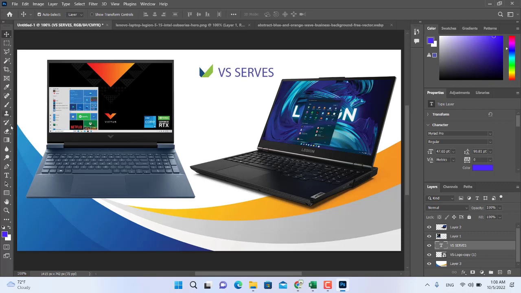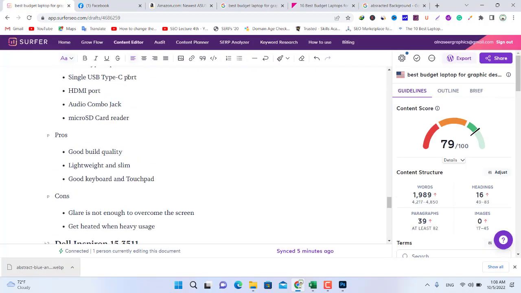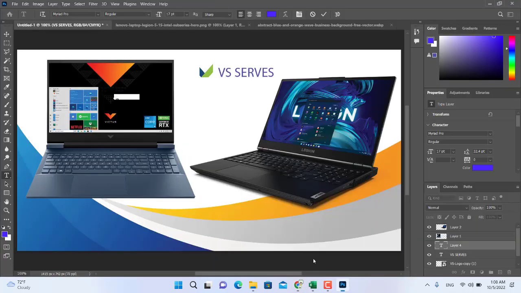Okay, that's good. And I want to use here my title. I pick my title from here: Best budget laptop for graphic design. Just paste it here